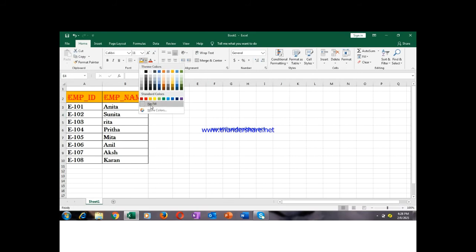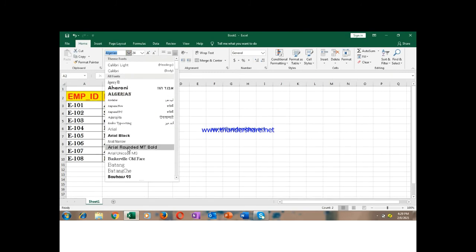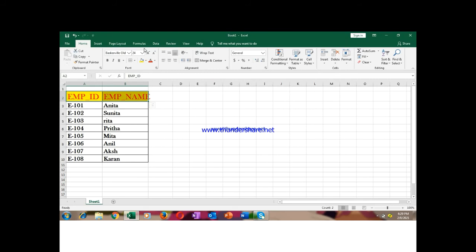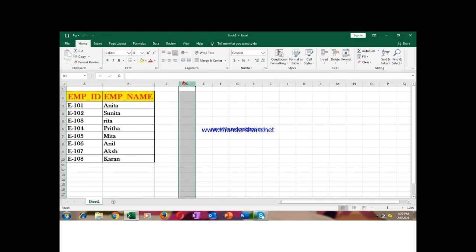So let me put this no fill again, let me select it and make it no fill. You don't want the background color, you just want it only. If you want, you can take it. I'm again giving you a background color, some different color. So now it's okay. And let us change this font also. This font is not looking so nice. Okay, this one I have taken. And bold also you can take. So now it's looking okay.